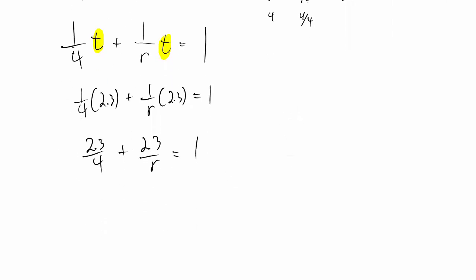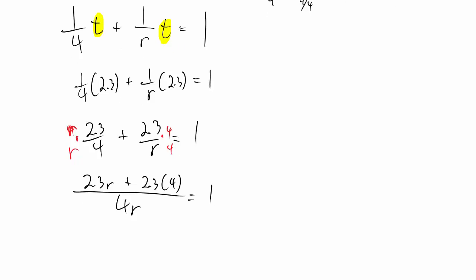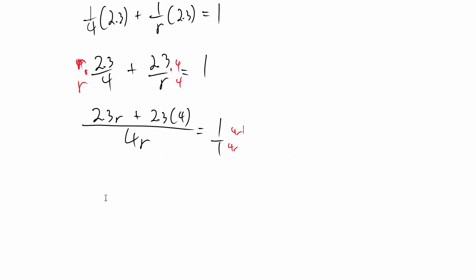Our common denominator is 4r, so we need to give this equation right here a couple of r's, we need to give this one a couple of 4's. So the common denominator, we have 2.3r plus 2.3 times 4 all over 4r is equal to 1. And just to be consistent, I know at this point I could actually cross multiply if I need to, but the idea is I'm going to make the common denominator stretch all the way across the other side as well. I'm going to multiply the 4r by this over here, so I get